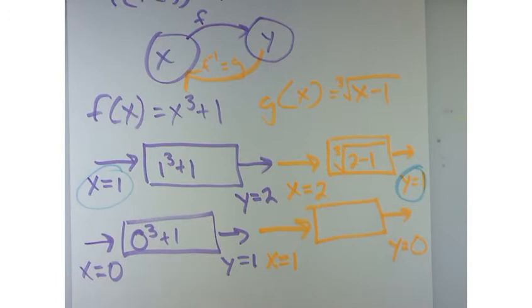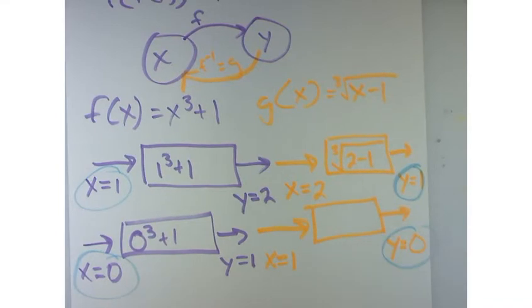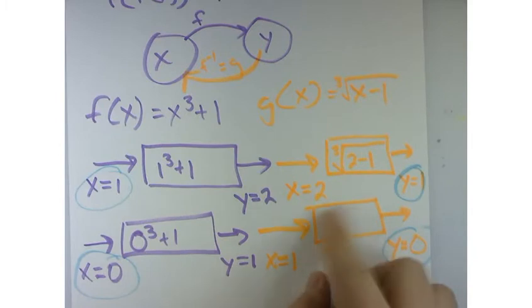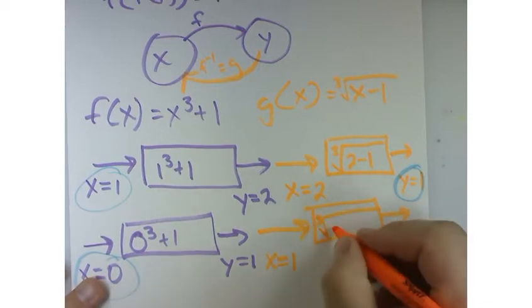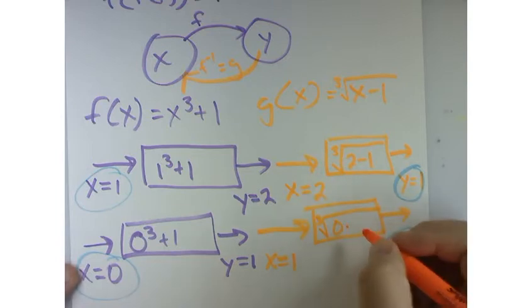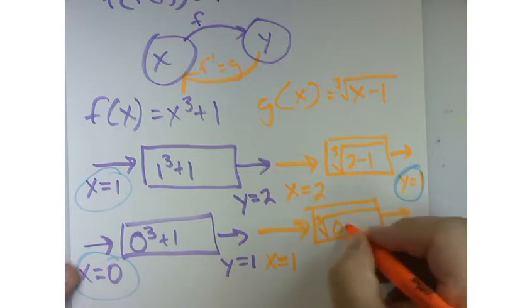Because the inverse undoes what was done to 0 mathematically. In other words, I had 0, plugged it in, I did some math to it, and the inverse undoes what's being done. So if I plug this into this equation and I take the cube root of 0 minus 1,